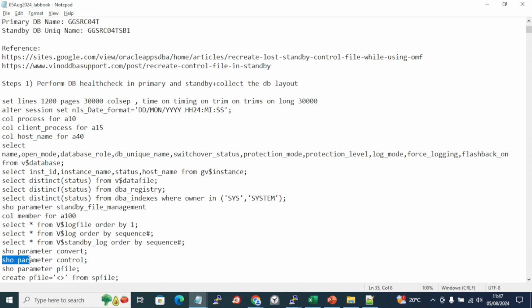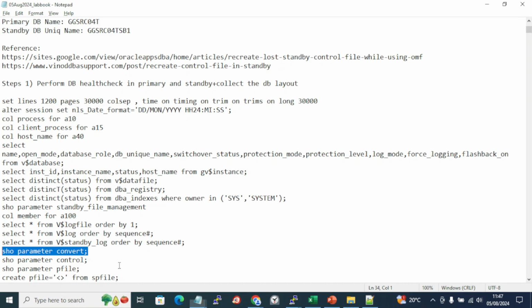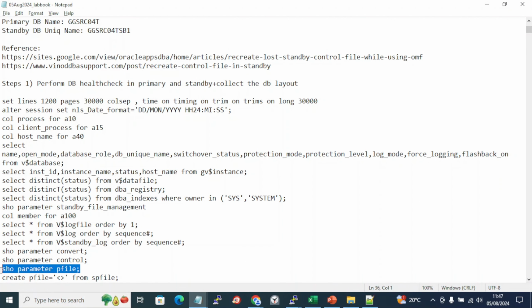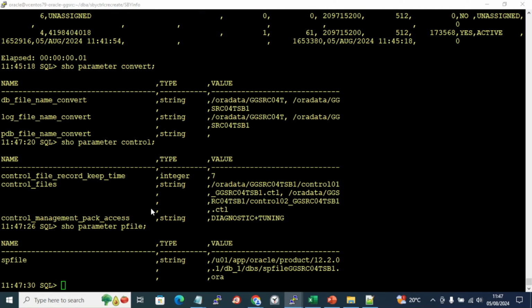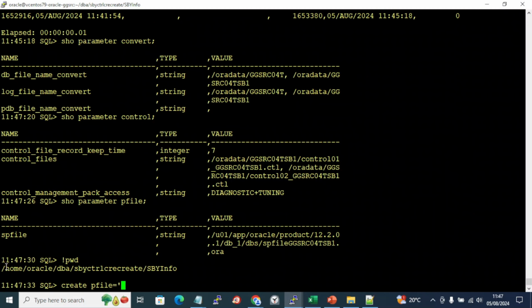Right, now let's do this. So parameter convert. We know what the value will be. It is proper. Control, we know this as well, nothing changed. And pfile, nothing changed. Just secure one more pfile copy,